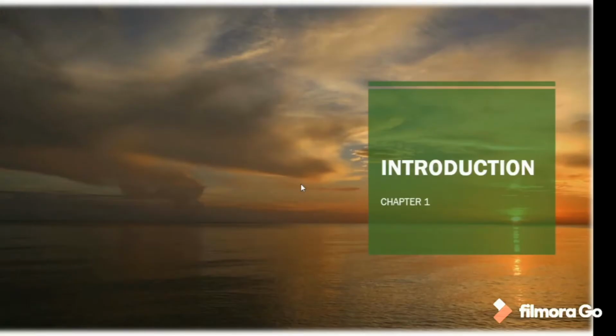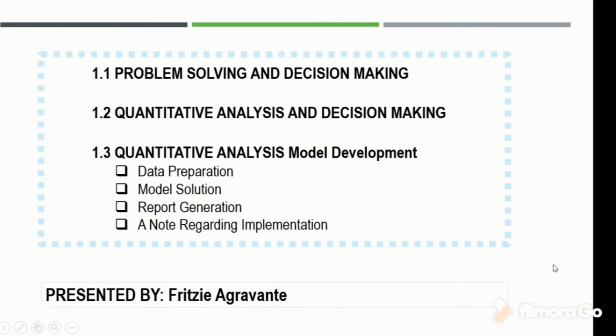Today. So the topic for today is about the introduction to management science. That is chapter 1. So our topic outline for today is first, problem solving and decision making. Second, quantitative analysis and decision making. And we have quantitative analysis model development, under which are the data preparation, model solution, report generation, and a note